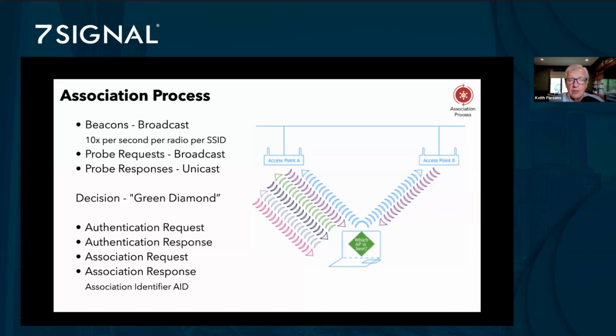and she used a green diamond. Now, green because she already used some other colors, and diamond because diamond is a decision in flow charting, and the decision is inside the laptop. You can also notice how old this is. There's a PCMCIA slot on this side of the laptop. So this has been around a long time. Nothing's changed, and the client is going to choose which AP to join, and then it continues on and does